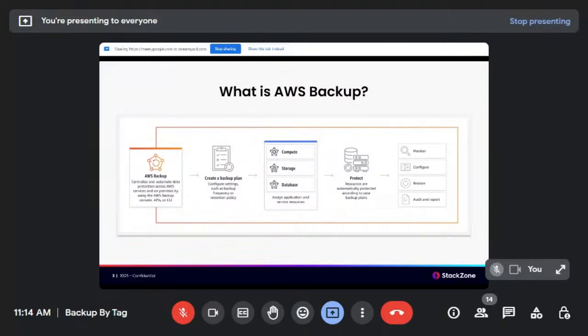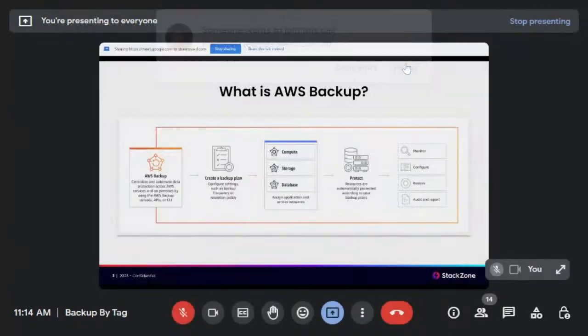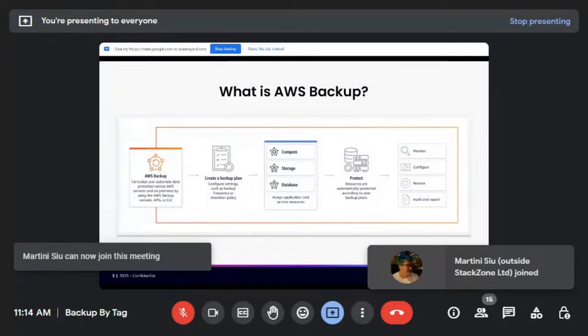So you could build all of that yourself, and congratulations, you've gone and ensured your backups are fine for one